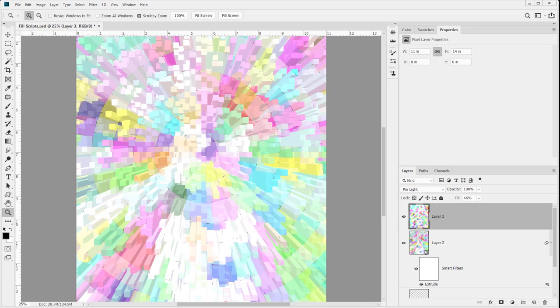Now that we have 2 layers though, what's the appropriate approach we should take? Well, we could do a few things. We could make another smart object, so it'd be a smart object and a smart object. If we want to do destructive edits, we could simply do a Control-Alt-Shift-E, and that will create a flattened duplicated